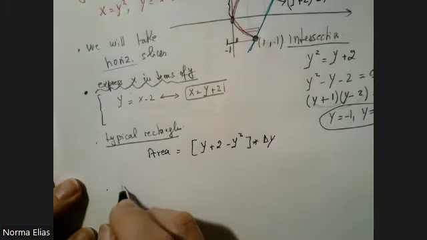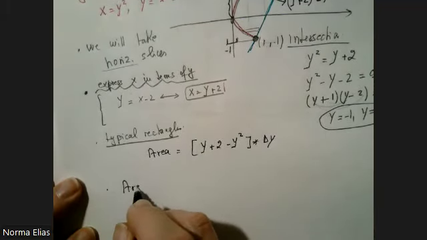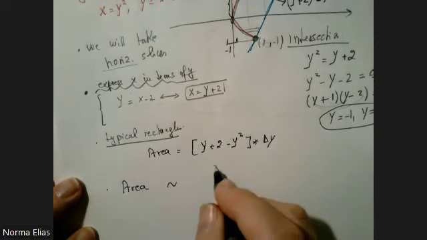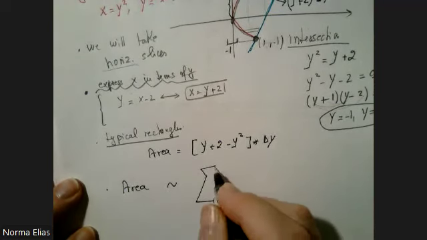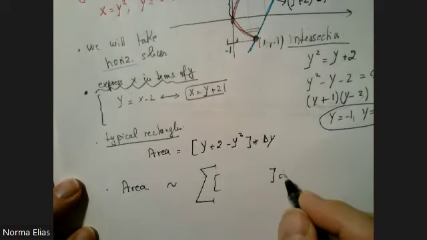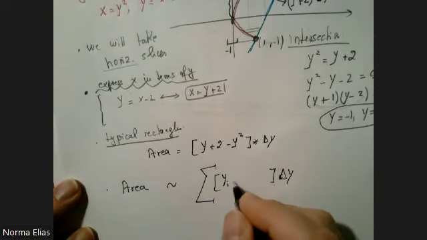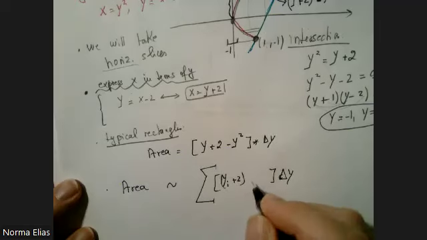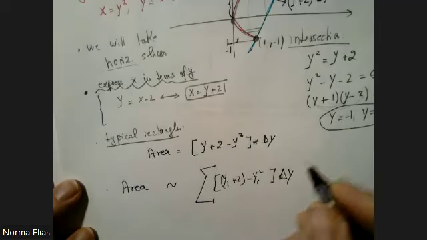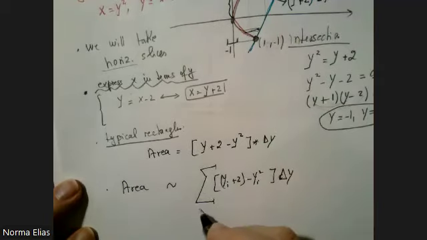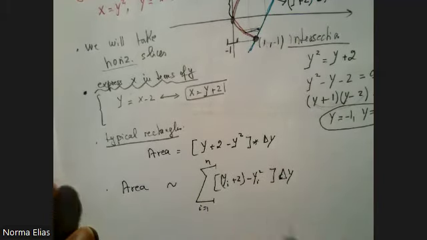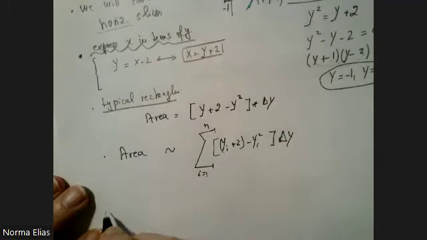Finally, the area of the whole thing is almost equal. Right now, I am thinking about covering it with little rectangles. So right now, I put the yi to remind me that now I am covering it. And finally, the area